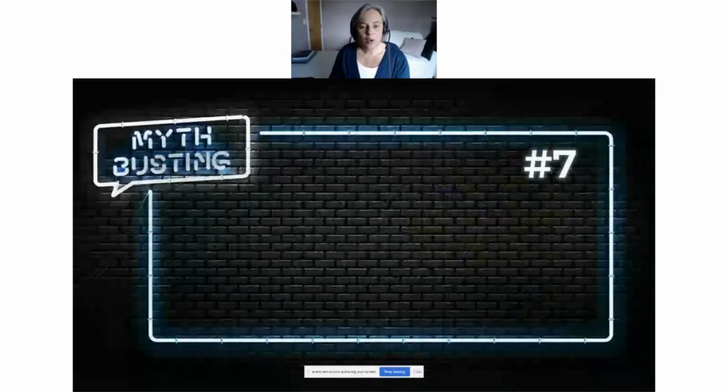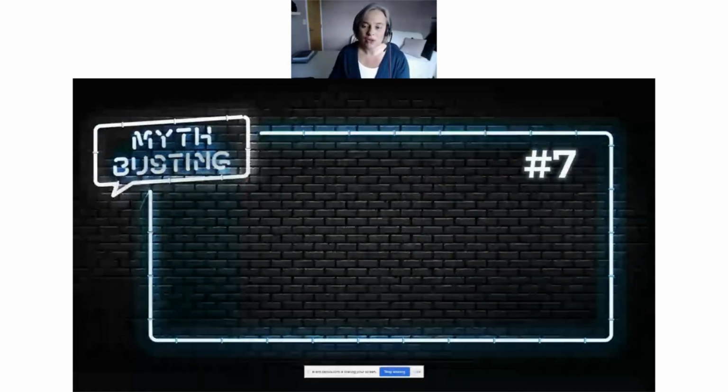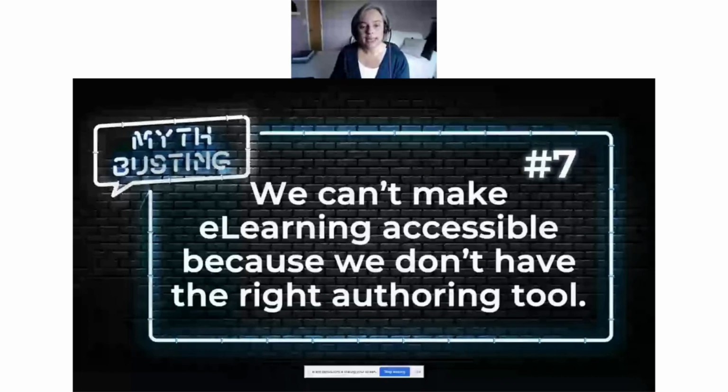So let's focus now a bit more on some of the myths which surround the nuts and the bolts of actually creating accessible learning content. So coming back to our experience as instructional designers and developers. Myth number 7 is a common complaint I hear from designers and developers. And it says that we can't make our e-learning accessible because we don't have the right authoring